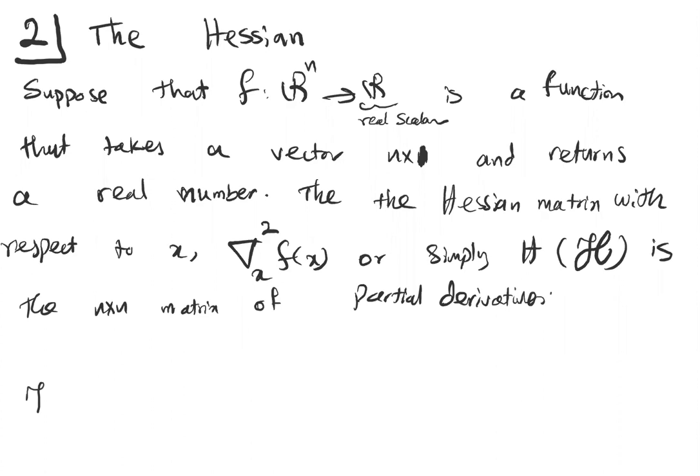How do we define that? So the Hessian matrix is equal to